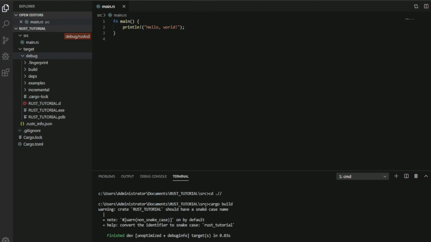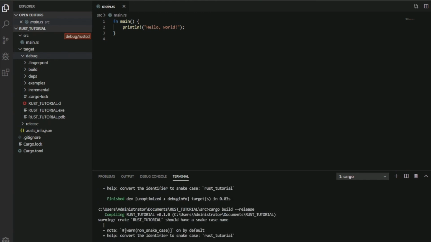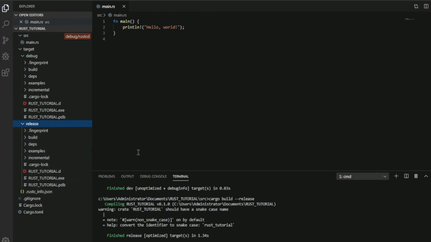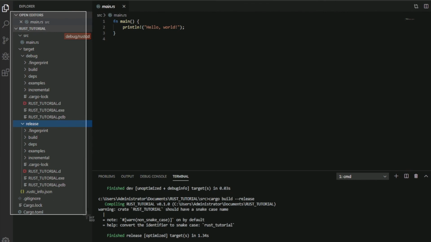Now next thing is that we need to create it only for our production. So we need to create something for the release mode. So we have to just use cargo build and after that --release. So it is building release. So you will see there is a release folder and your executables and other things are placed over here. So we again need to take another directory structure of our project, okay,